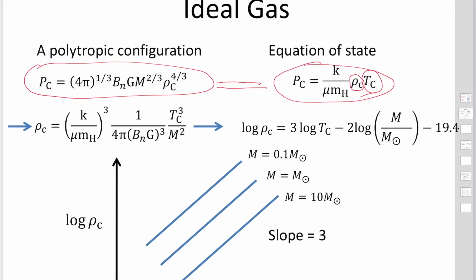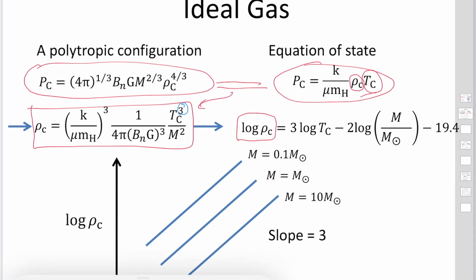Then density is expressed as a function of the temperature. Then if you take the log of rho sub c, the central density, it becomes 3 times, this 3 comes from this one, 3 times log T sub c, the central temperature, minus 2 log m, where m is the mass of the star,